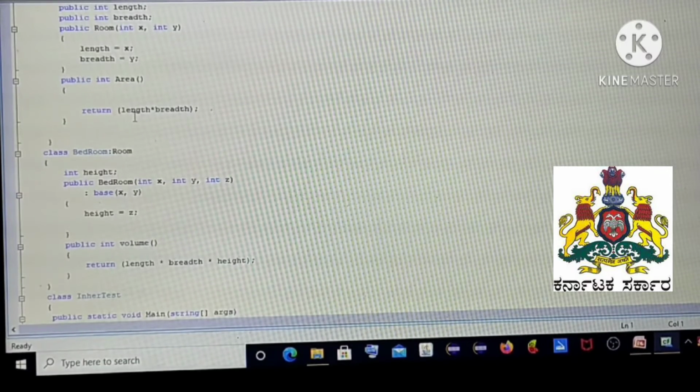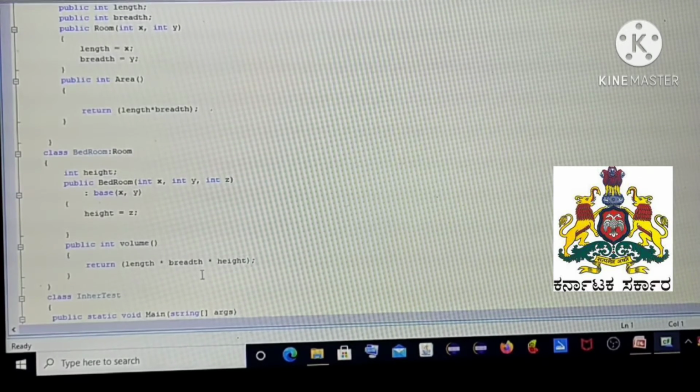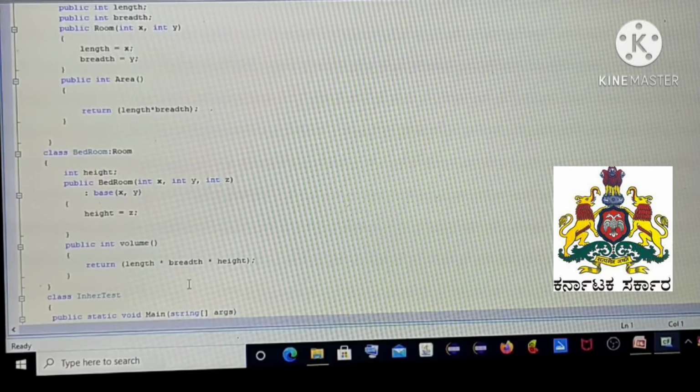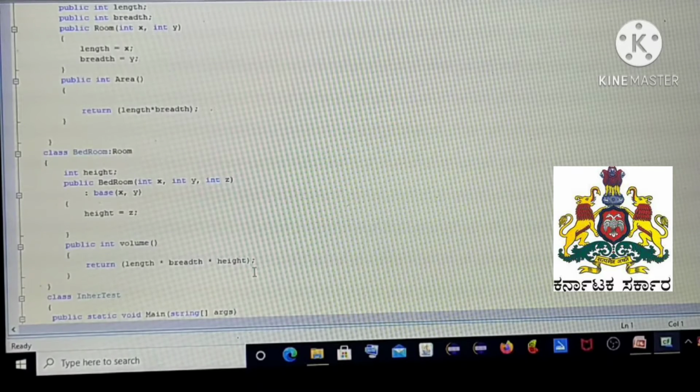We are repeating the things which are in the base class here also. By repeating the things, we are indirectly inheriting the features of the base class. By inheriting the features and making use of the values passed to these data members, by adding an extra feature, we are calculating the volume. So this is the thing.